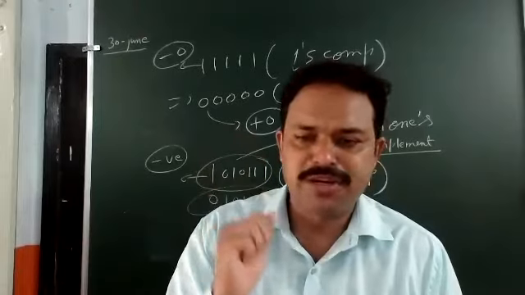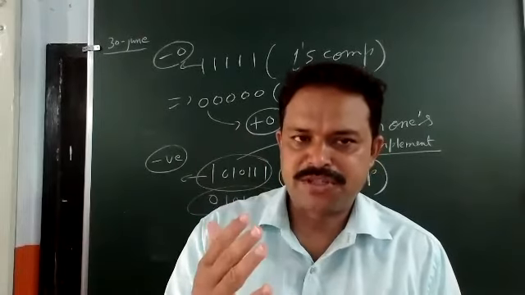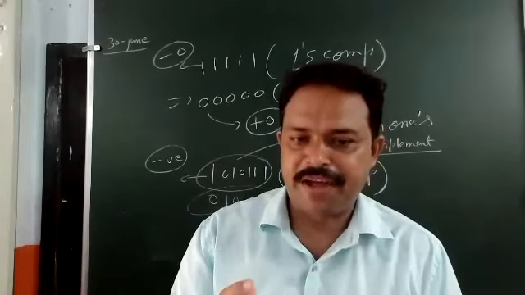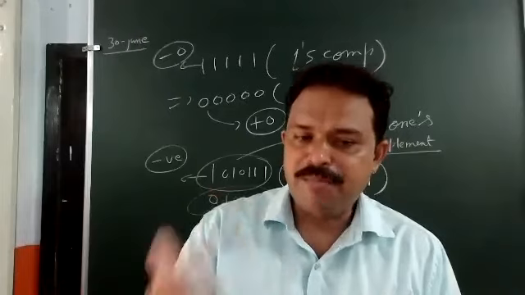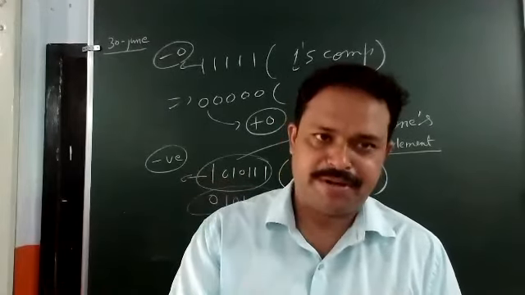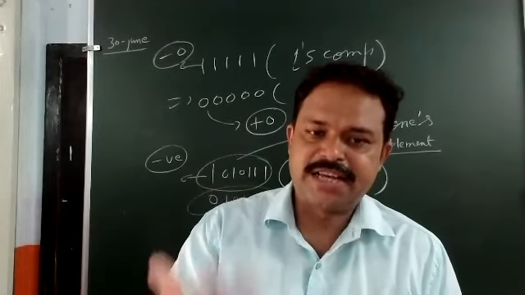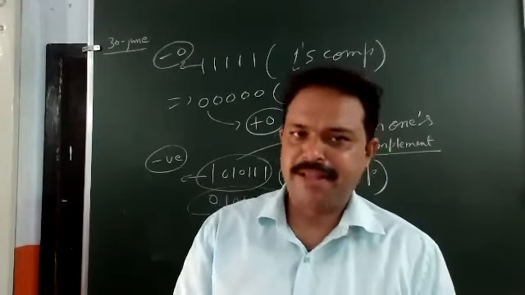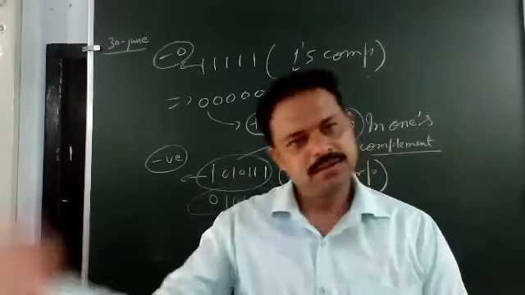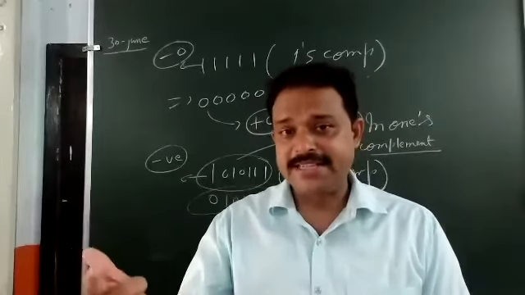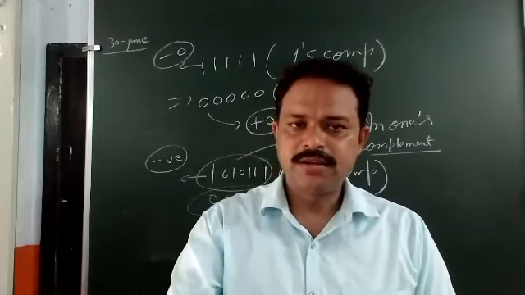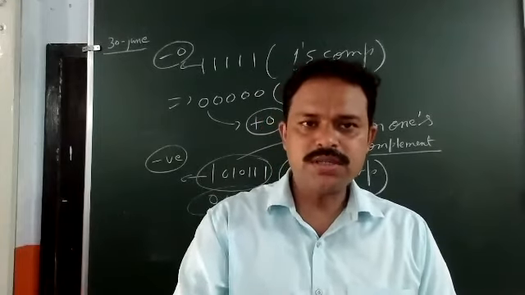They will manage how to write minus 45 so that the computer can understand. This is not my responsibility. Internally, how the computer understands minus 45 depends on whether the computer is using sign magnitude representation or one's complement, whichever circuit it is using. So we should have knowledge of both sign magnitude and one's complement. One more thing is there, two's complement, which we are also going to learn, and most computers use two's complement.